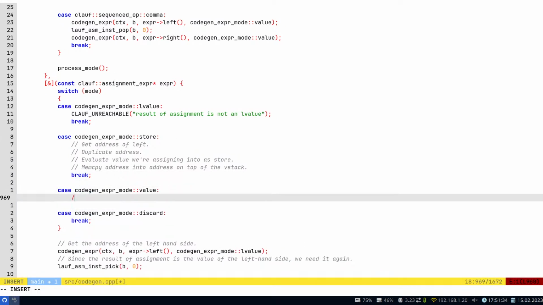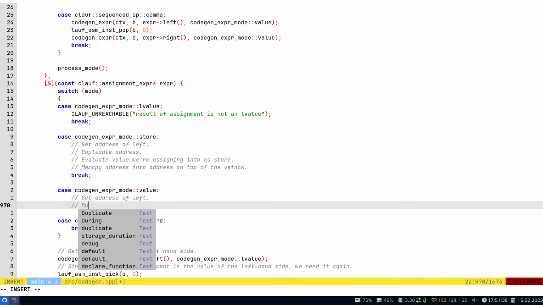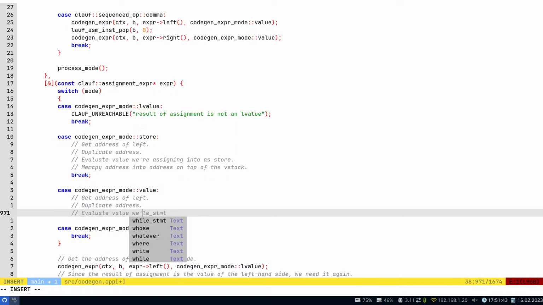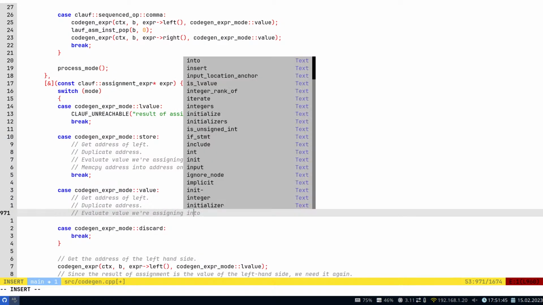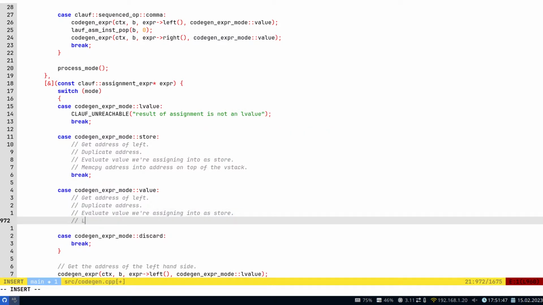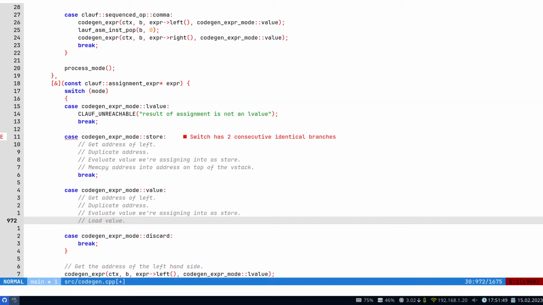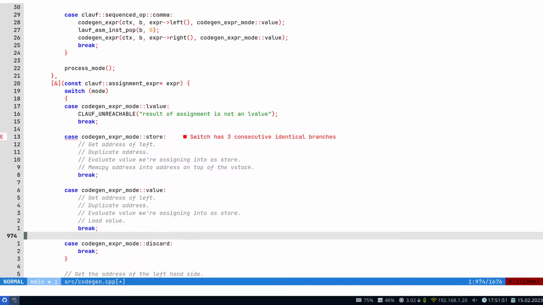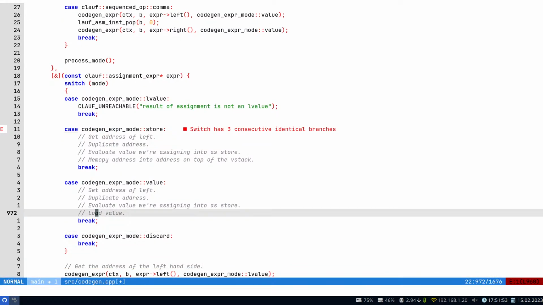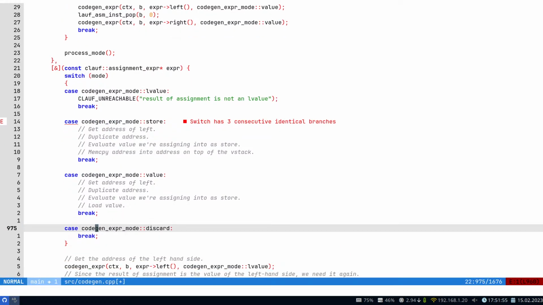Here we want to get the address of left, duplicate the address, evaluate the value we're assigning as a store, load the value, and